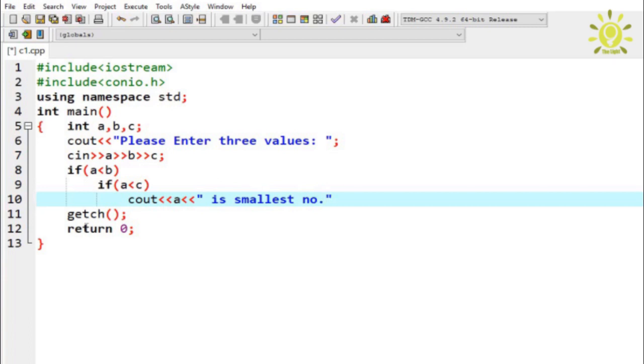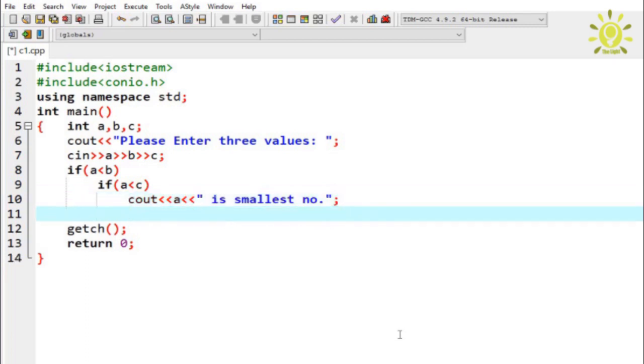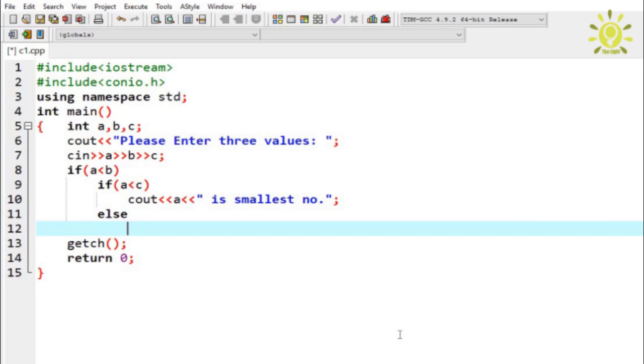I want to display the value on the screen, so I will use the variable. So it actually concatenates both the value and the message on the screen. Terminate this and now use else, inner else, and now display the message cout c and within double quotes is smallest number.